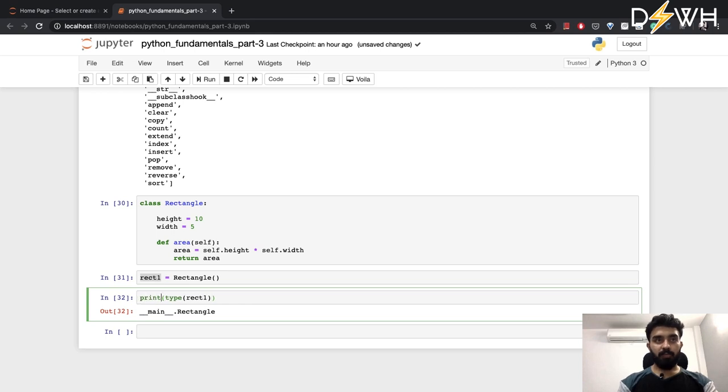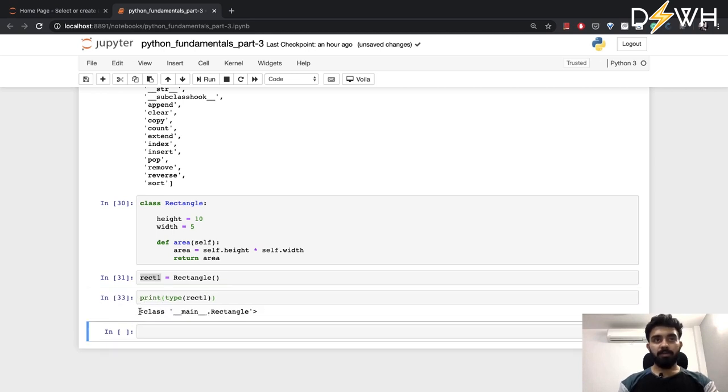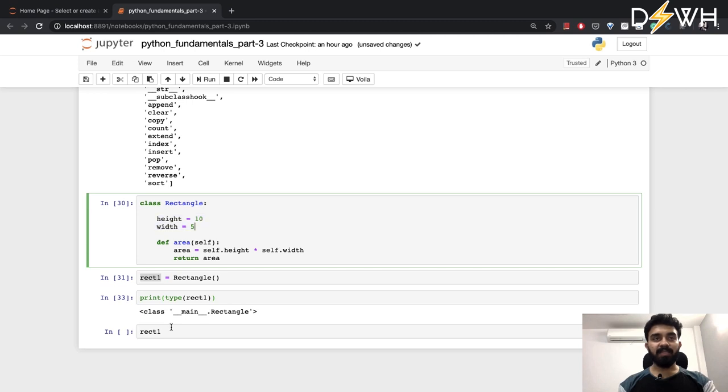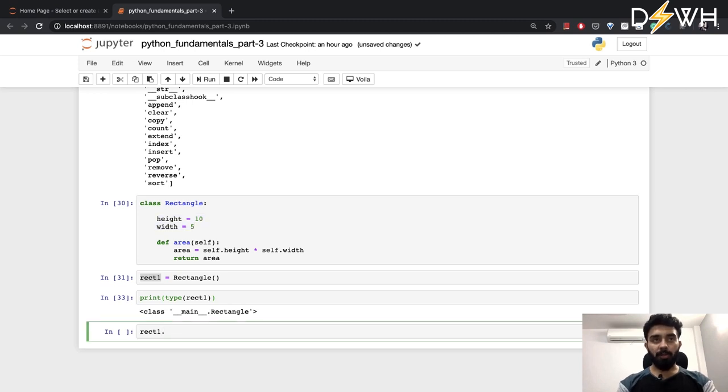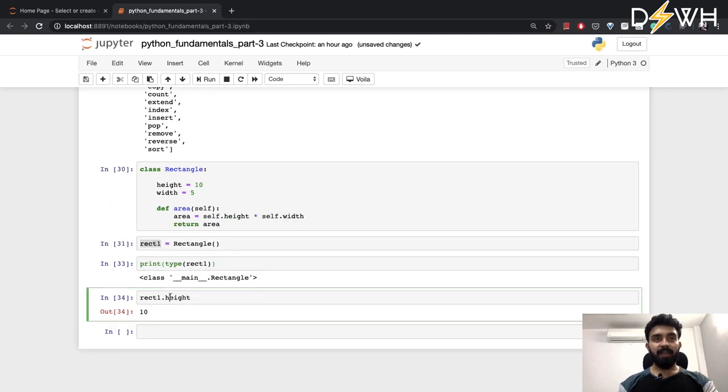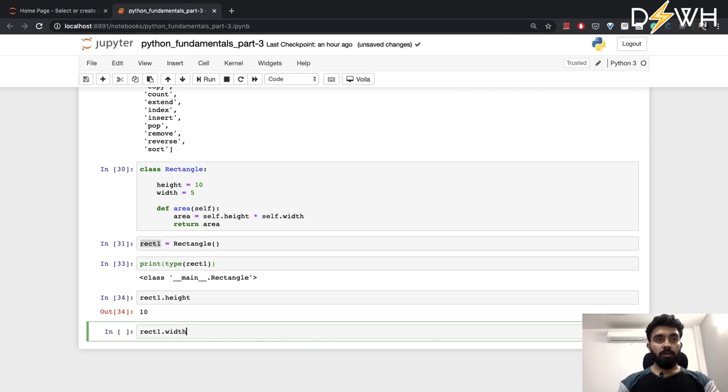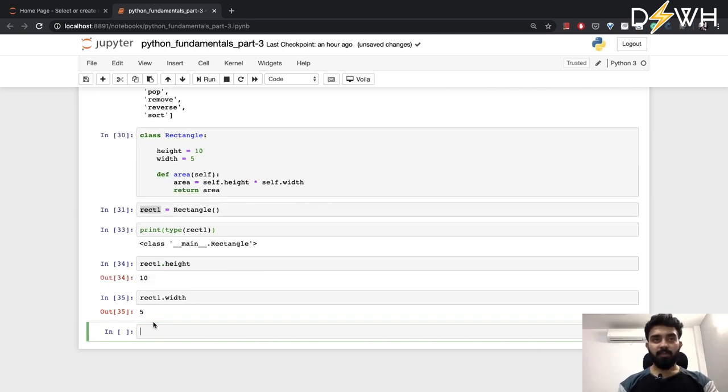Also let's try to print this. Yes, this is my rectangle class object, and to access the attributes that we have defined, we can simply use the dot operator. So for height, I get rect1.height, which is 10. All right, that's great. If I have to access the width, it has given me the width.